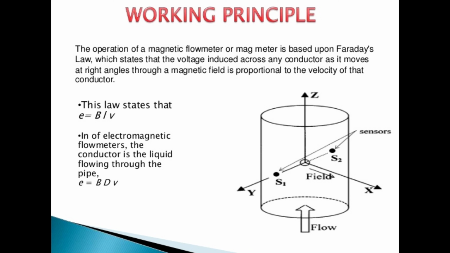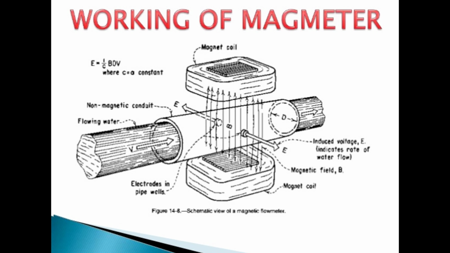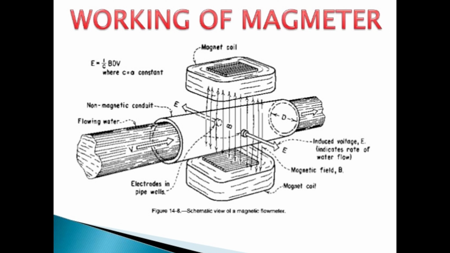You know what electromagnetic induction is? Faraday's law of electromagnetic induction: E equals BLV sin theta. In a magnetic flow meter, a current is applied to wire coils mounted within or outside of the meter body to generate a magnetic field. To generate the magnetic field, coils are provided. These wire coils or electromagnets act from outside the meter body to generate the magnetic field. The liquid, whenever it flows through the pipe, acts as a conductor.